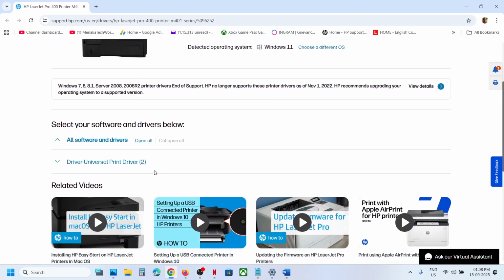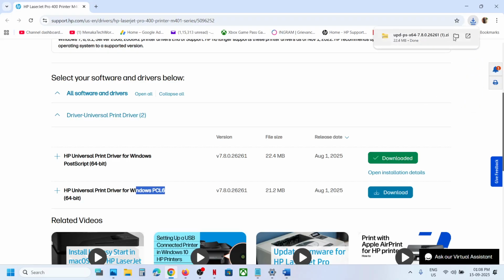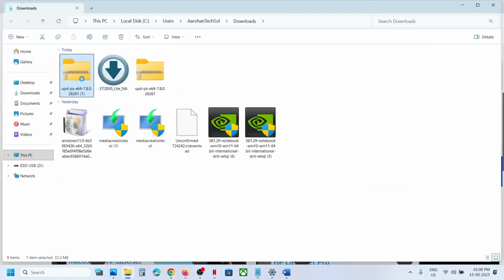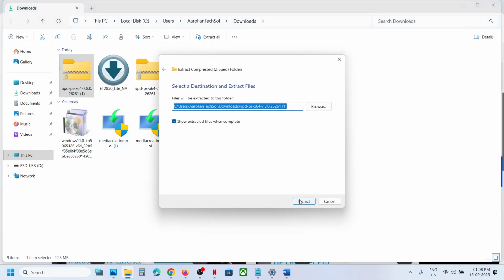Now over here, you can expand this driver, Universal Print Driver, and you can install this HP Universal Print Driver for Windows PostScript, and then you can even install this PCL6. So you can click on download over here, and then you can go to the download location, make a right click, and then click on extract all. Click on extract,